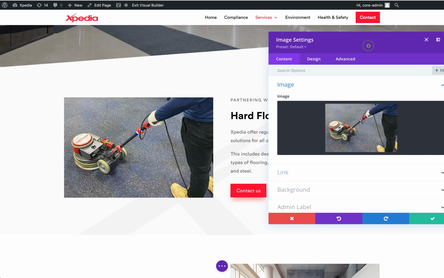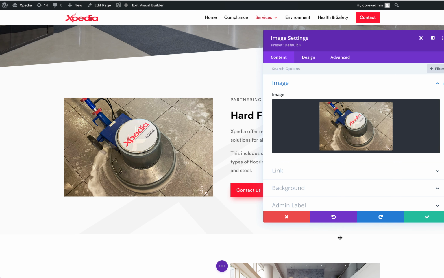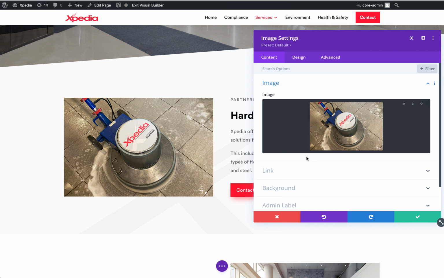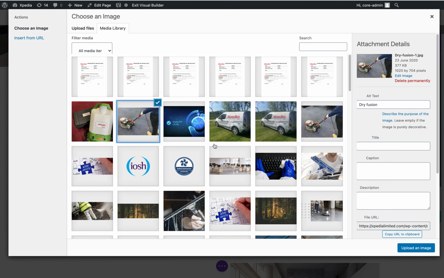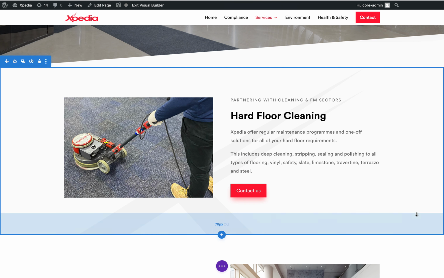Now you can see that image changed. If for whatever reason you're not happy with that, you can then click on the purple sort of back button, and it will revert it back to how you were. So it's really simple. If you do something and you make a mistake, you can literally just go back and undo that. But let's say we're happy with that image here. We want to go ahead with that, so we'll just click on the tick icon,